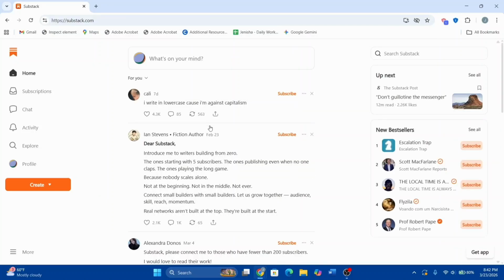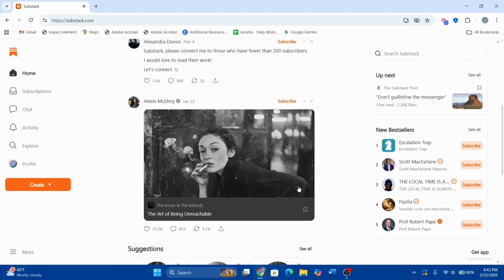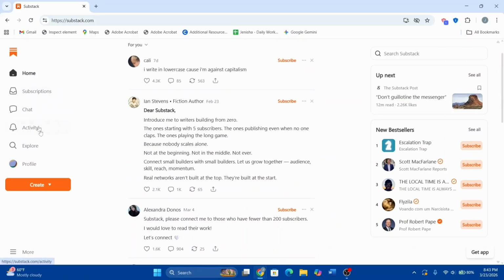First of all, obviously we need to log in. So go to substack.com here and log in to your account. If you're not logged in, you can enter your email or your password. After logging in, you will be landing on your dashboard. So here we can see our dashboard right here. We can look out for other people's posts here, subscriptions, chat, and the activity menu on the left hand side, and this